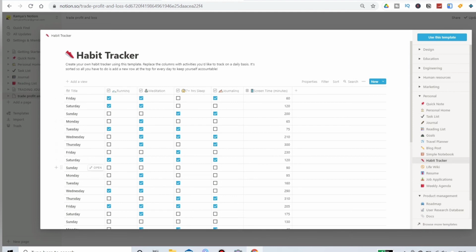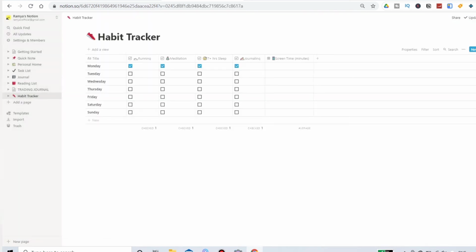In title you can enter your days, or date, or 1 to 31, whatever you want, and you can change the titles also. So if you use the template, it will be here. Now you can change the names and the titles and all.